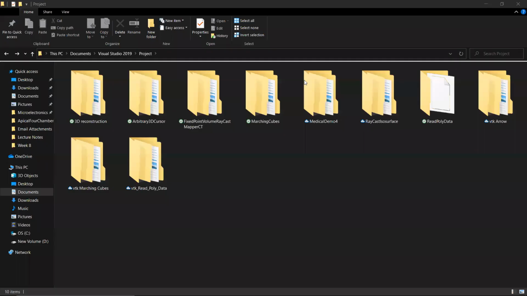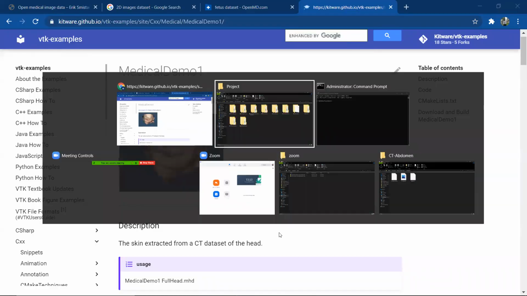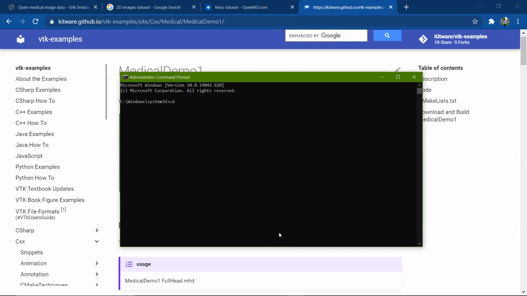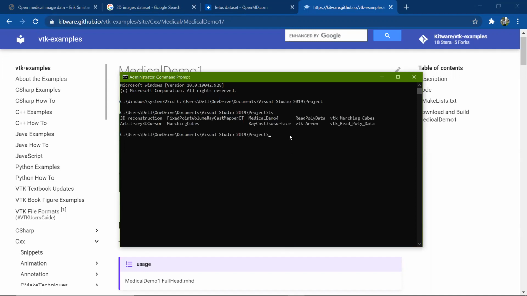Basically I make all my sample projects in this directory, which is inside documents, Visual Studio 2019, under the project directory. So I'll copy this path and paste it here. We'll just cd into it. Then ls will show all our project directories inside the project folder.